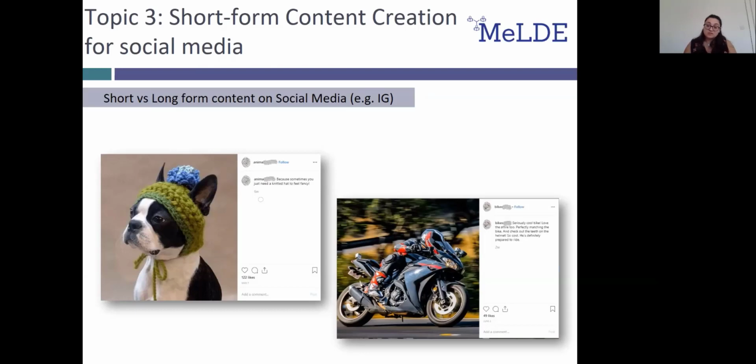The dog picture received 3 times as many likes as the motorcycle and its rider. This, however, doesn't mean that the photo with the bike is not appealing. This might have happened due to many reasons. One potential reason can simply be that more people like cute dogs with knitted caps as opposed to motorcycles. Another reason could be the length of the description on each post. Since the subject of the two photos is so different, though, it's really hard to say whether the length of the post is what made the difference in the number of likes.